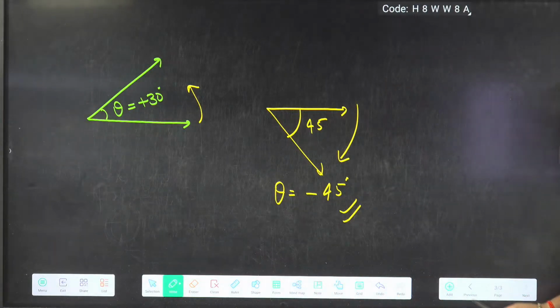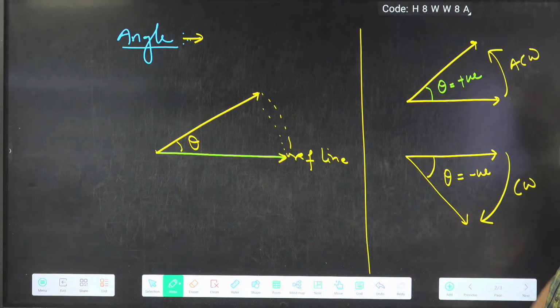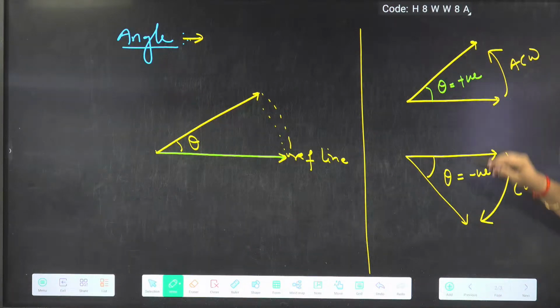Okay, see this one here first. If you still have this doubt, anti-clockwise you have to take positive, clockwise you have to take negative. This one is positive and this one is going to be negative. This is the single line I have just told. Now, then we'll go for